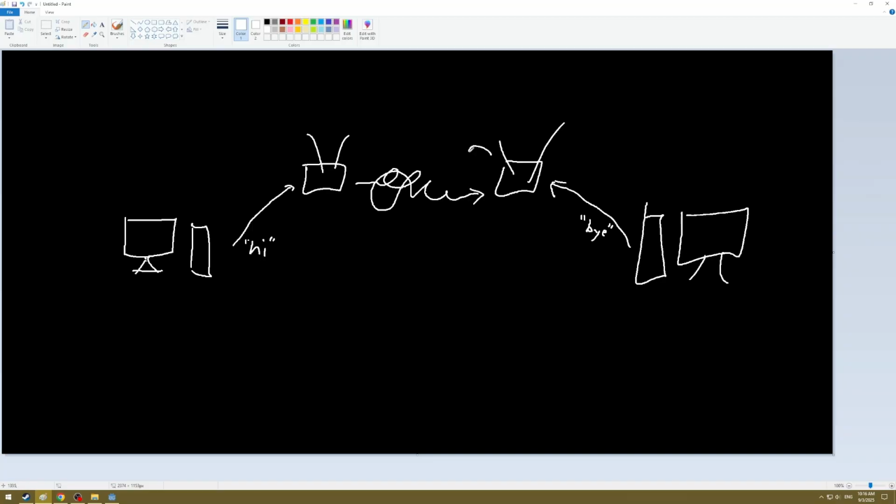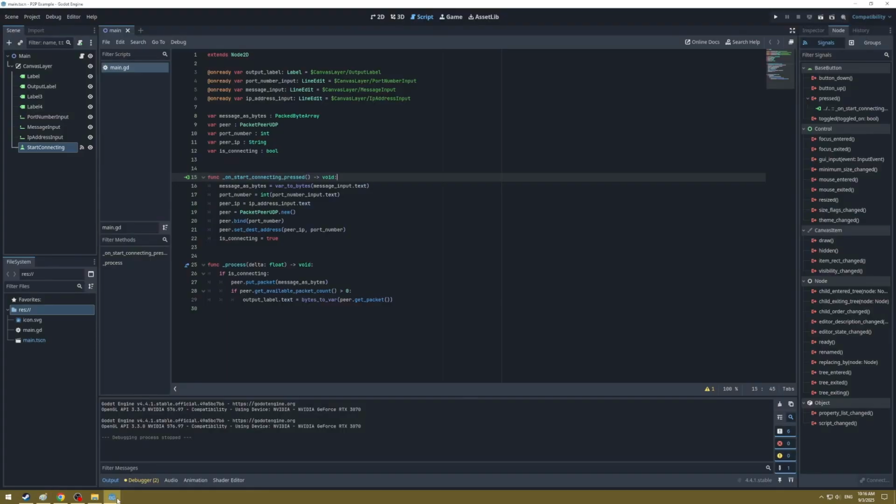That message will also be sent through the internet, whatever path it takes, to this router. And once again, on my computer, I didn't ask for that message, and so routers on both sides will just block that message and be like, nope, not passing that through. But if we have a look at the code, I don't just send a message once, right? It's in the process function. That means every single frame,